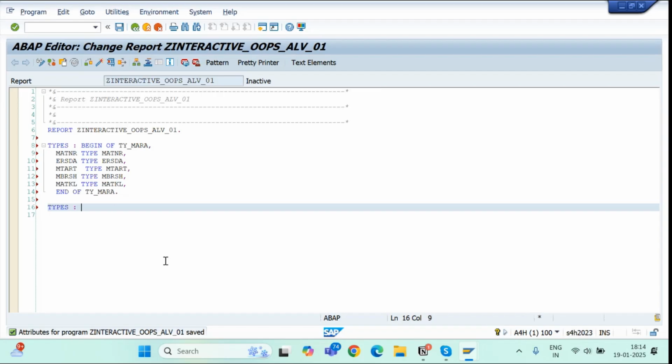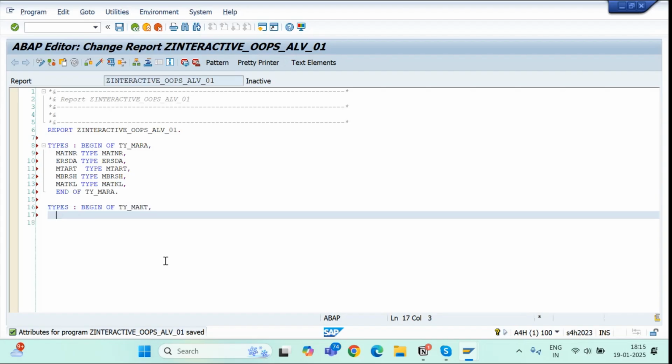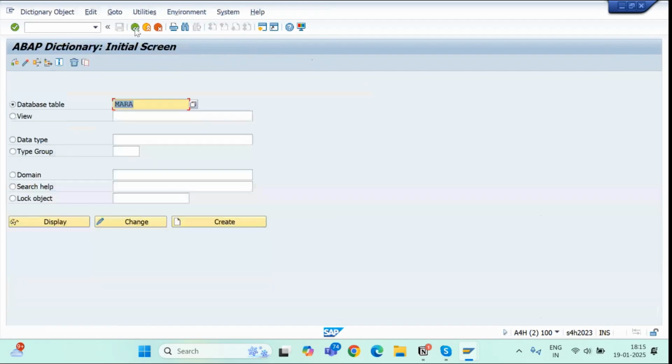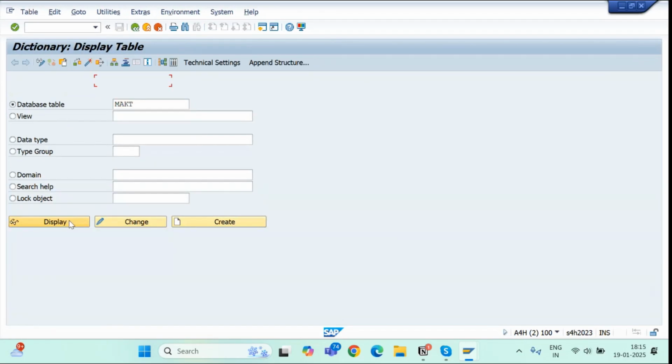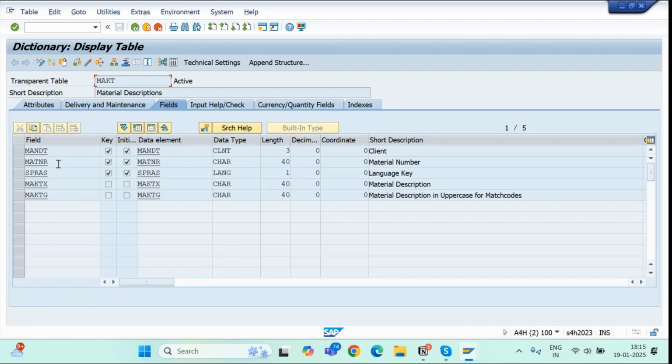Then I will have the MAKT data. So types begin of TY_MAKT, and I will create the fields for it. So MAKT table, material description table, and I will take the fields from here. MATNR,